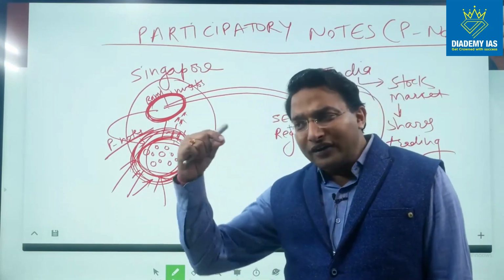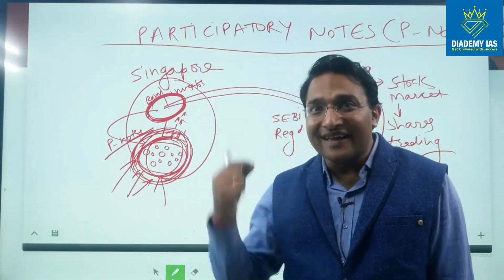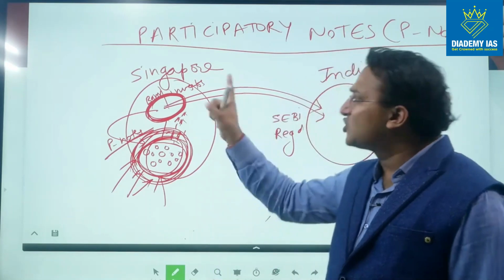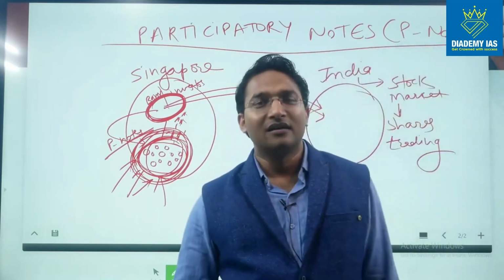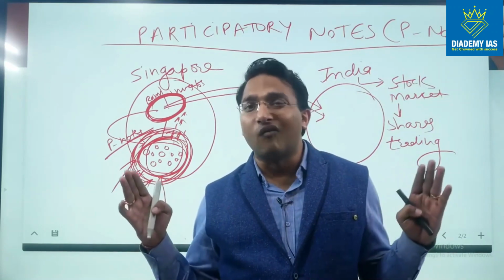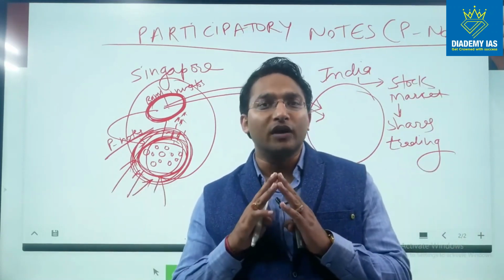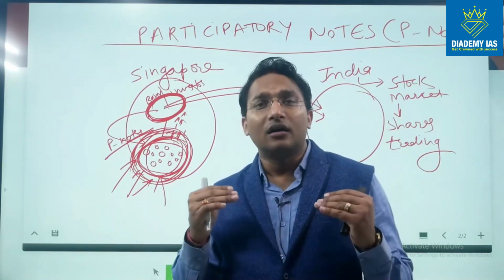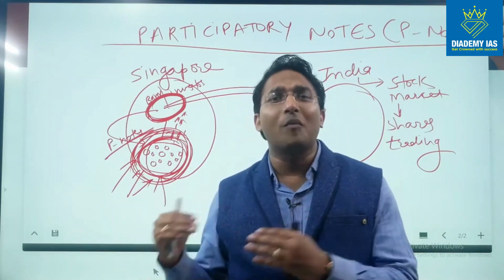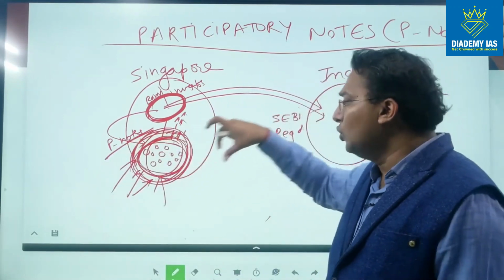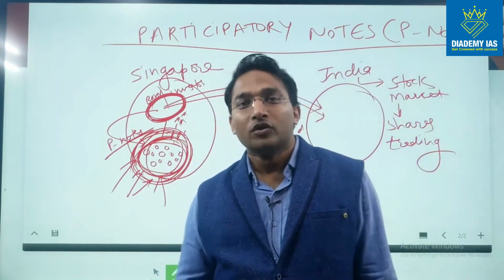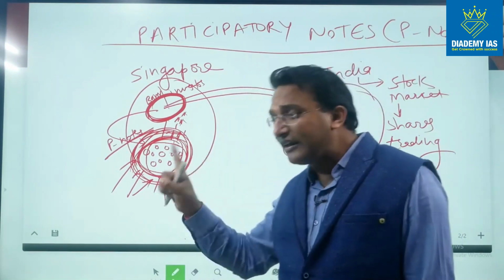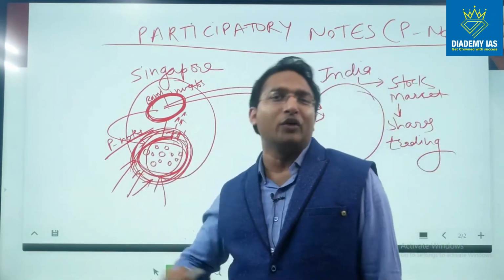So the profile of these individuals is under suspicion. To avoid this suspicion, to avoid the risky transaction, the government actually avoids the investment through participatory notes, right? So to avoid this kind of situation, the government is prohibiting, or if not prohibiting, at least increasing the restrictions, increasing the know your customer norms, increasing the formalities before these people can invest into India's market, right? So this is the reason why participatory notes are a reason of concern. This is one negative point with the P note.